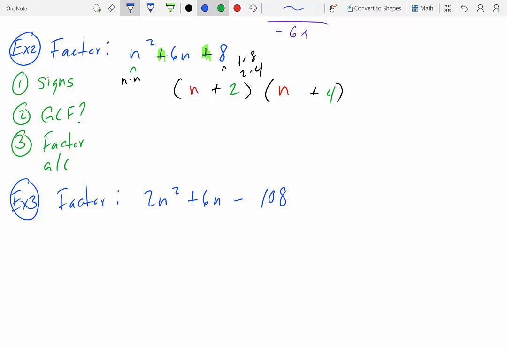So it doesn't matter what is going on. The first step is always, let's check the signs. So since c is negative, we're going to use different signs. We're going to have a minus and a plus, or plus or minus. Remember, it's multiplication, so it doesn't matter what order they go in. Our second step